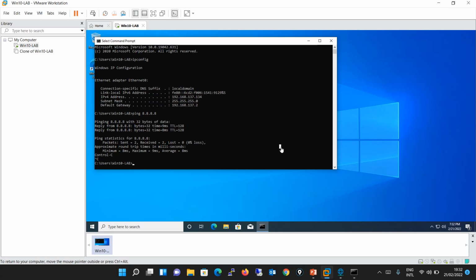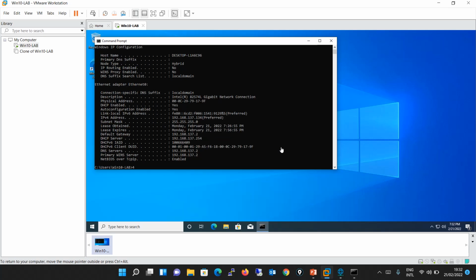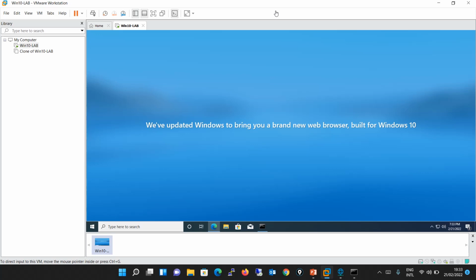Now, ipconfig. Let me take you to the detail: ipconfig /all, and it will give you the DNS and everything. Now see, it is saying this is your IP address, this is the gateway, and the default gateway is 192.168.137.2. Even the DNS server, it is saying 192.168.137.2. Using this DNS you are able to reach outside, you are able to resolve any of the domains. Now let's try to browse some website when your machine is connected to the network adapter as NAT,